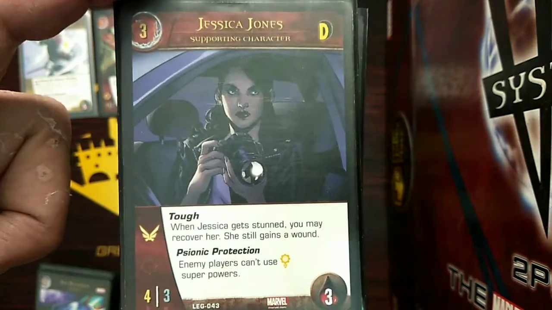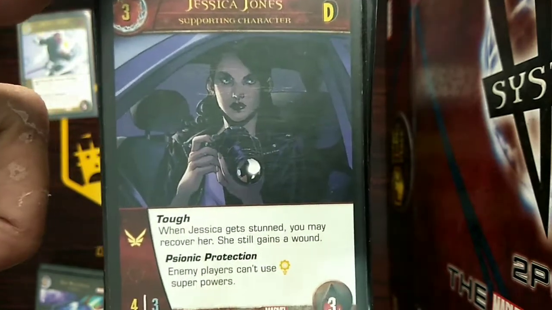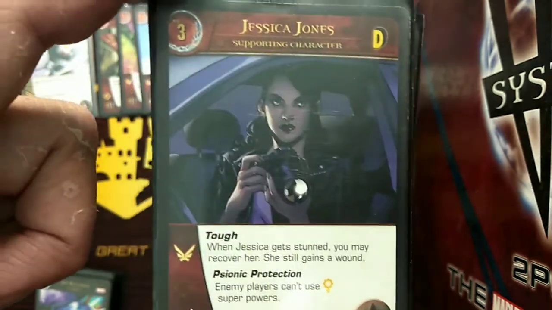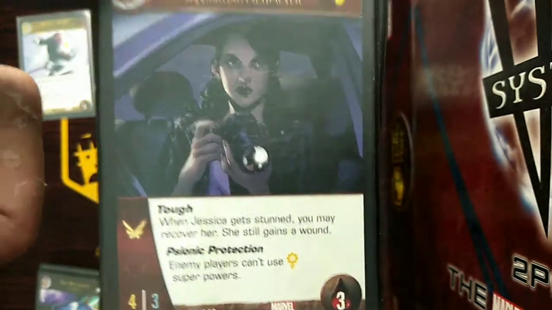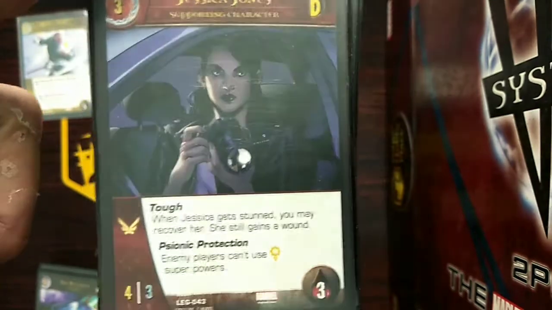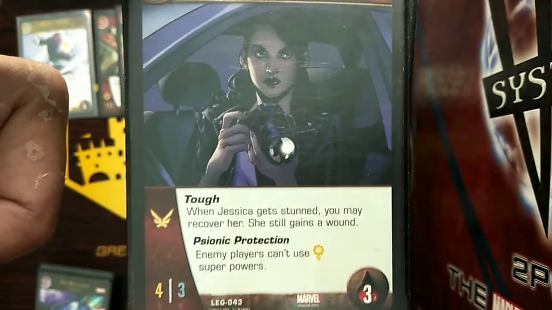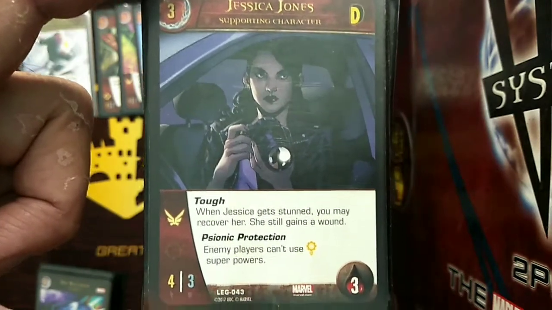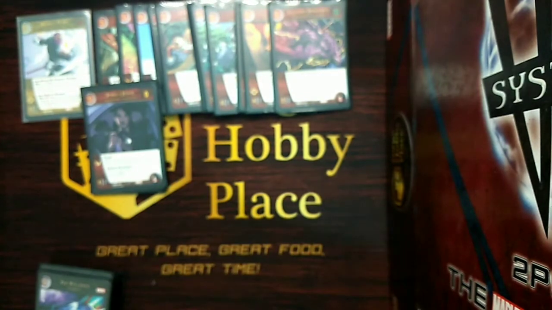Again, Jessica Jones is 3-drop, 3 health, so she's effectively the equivalent of 3 supporting characters with flight, though not really high on the defense side, but then her stop enables her to flip back again, so you're able to maintain those attacks from the front row in order to protect your Singularity. So she also has psionic protection, so enemy players can't use yellow-based superpowers while Jessica Jones is face up on your side. So speaking of Singularity, we now go to the main 3-drop or the main supporting character of